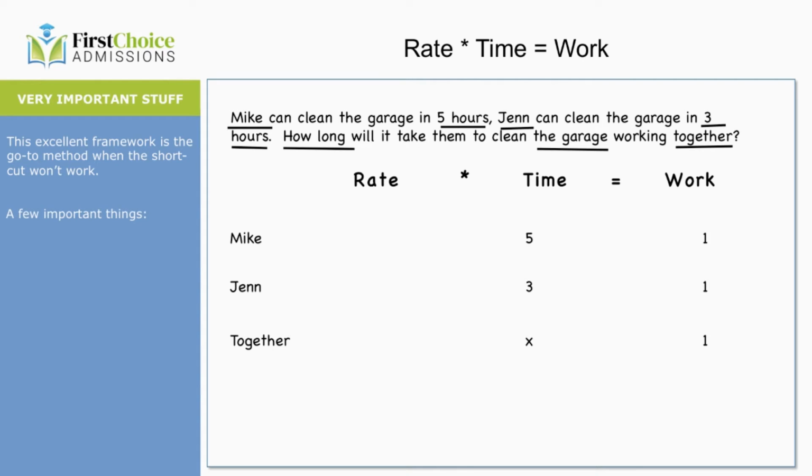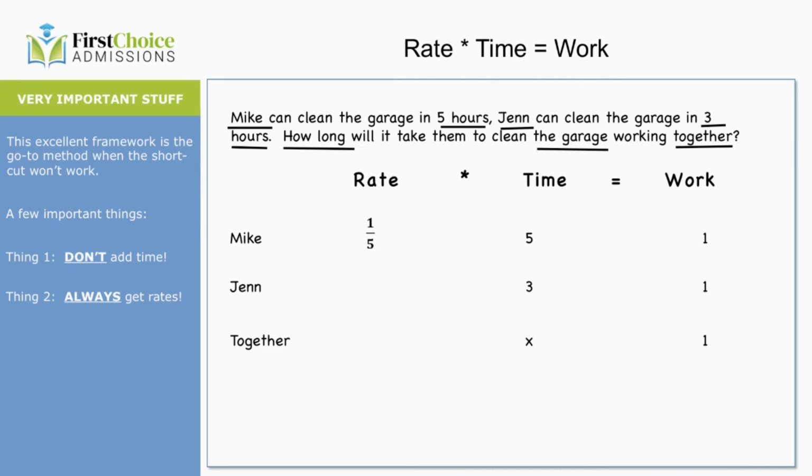Okay, now for a few very important things. The first thing is we do not add time in work rates. The time it takes them to clean this garage together does not equal 8. The big thing in work rates is to always get everyone's rate. That is really what unlocks these questions. So whenever you are lost in a work rate question and groping around for the next step, make sure you have everyone's rate. So if Mike can clean one garage in 5 hours, his rate must be 1/5,